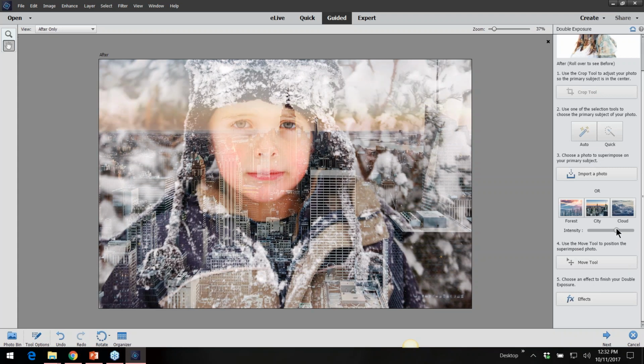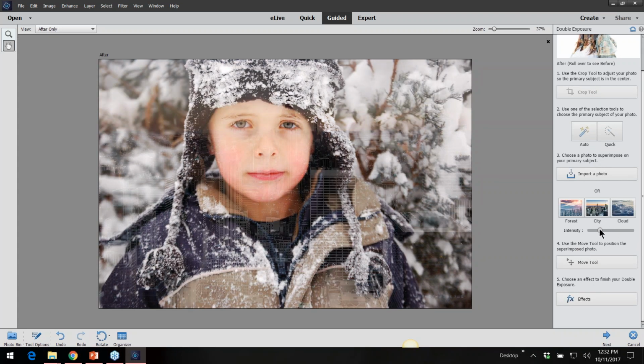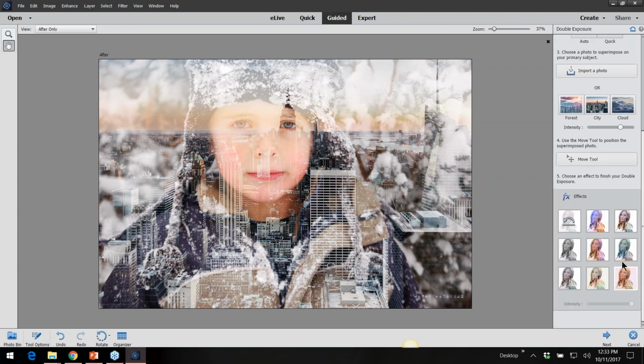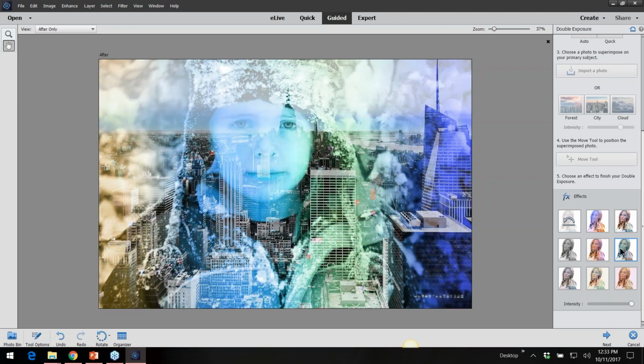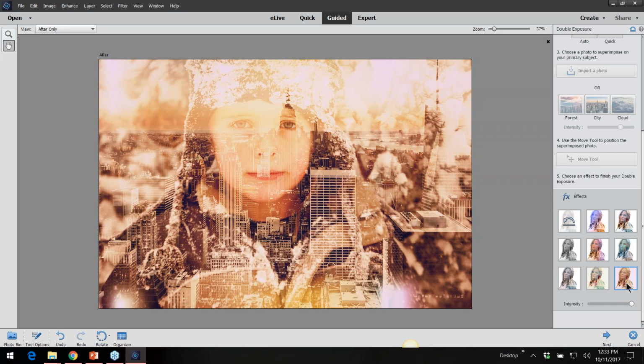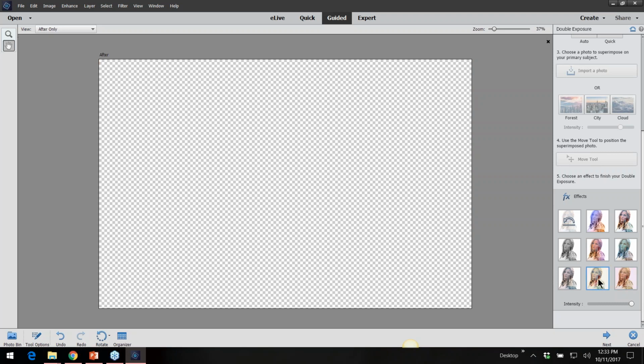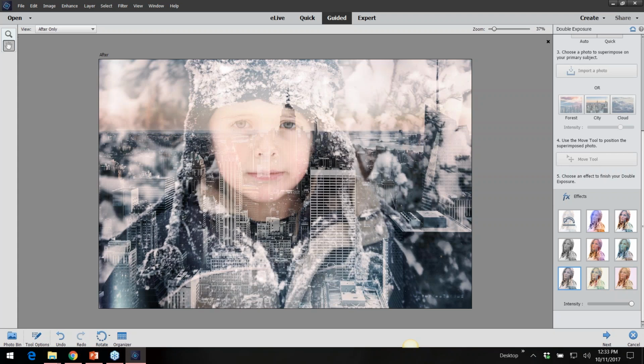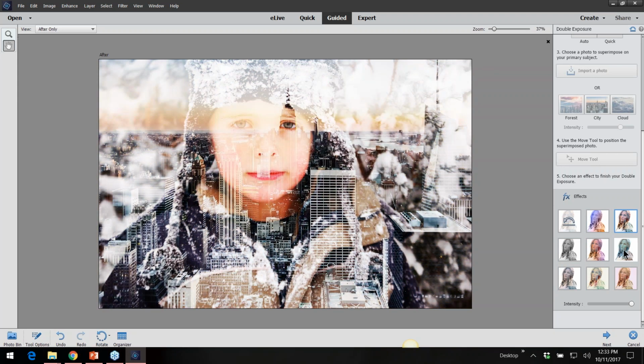So let's take down the opacity or intensity, actually. That's what they call it. And let's not use the move tool right now, but I like these effects then. So I'm just going to try a couple of them. This one I really like. Let's try this one. And this one. That one's kind of cool. Here's another one. I kind of like that because it's kind of cold. Here's a black and white one if you wanted to do just black and white. And I think I'm going to go for